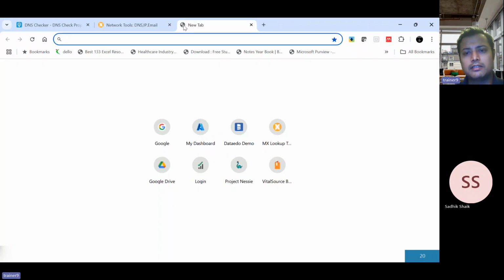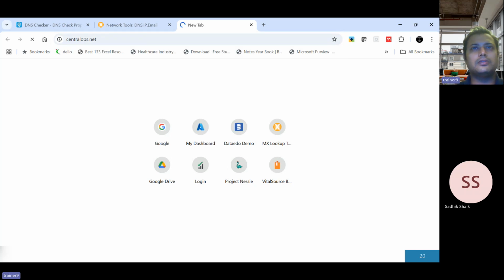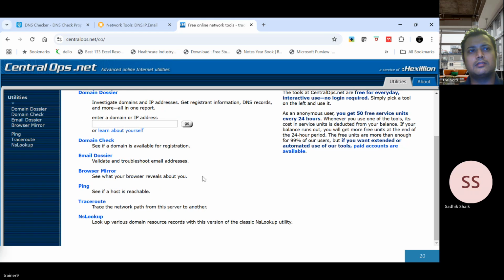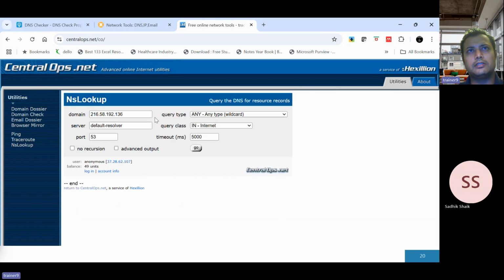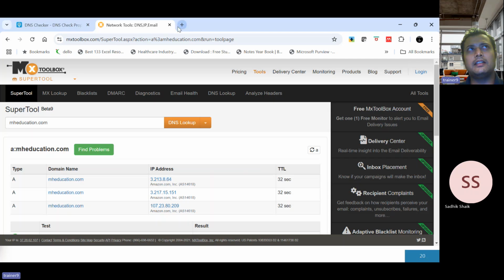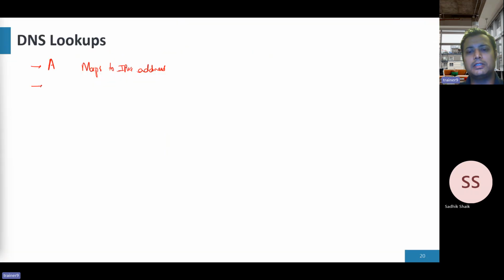And then we saw another website just now, which was CentralOps. It also could be useful, right? So for your DNS lookups, you can also use this. You can see the NS lookup vendors. You can mention your domain, have your ports included. There are a couple of websites which you can use. And then you can also have some things installed on your machines that you can start doing. So in my command prompt,